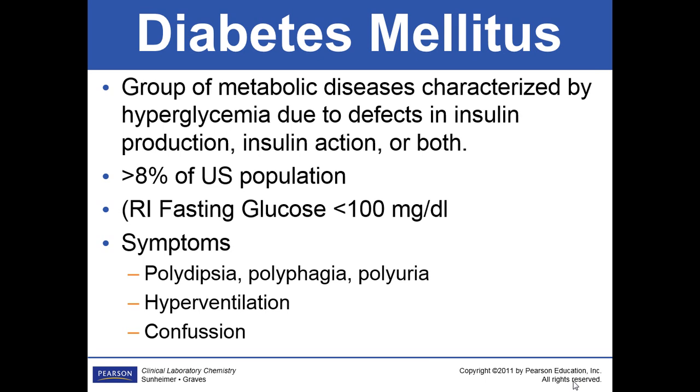Because insulin isn't doing its job to take that glucose and break it down, we develop hyperglycemia, okay? Remember, it is the hypoglycemic agent. So if it's not efficient or not there, then we create problems. Over 8% of the U.S. population has been diagnosed, and who knows how much has not been diagnosed, okay? We have lots of people that are really sick, and they either don't know it or choose to ignore it. And then there's people along the way that are becoming in this category that haven't quite reached there yet.